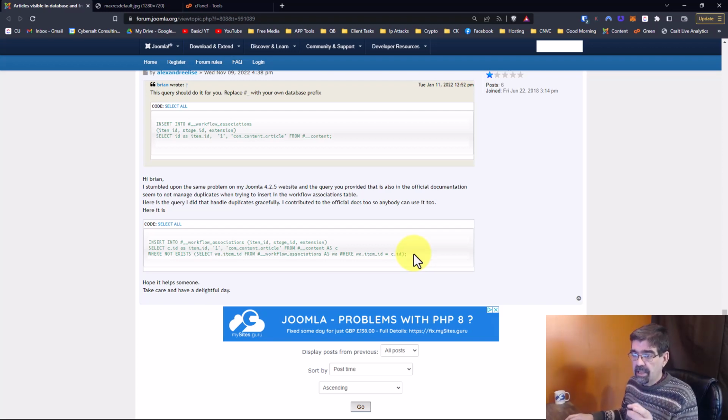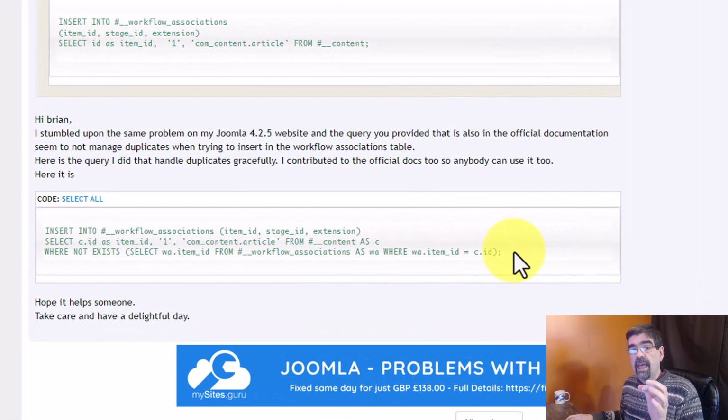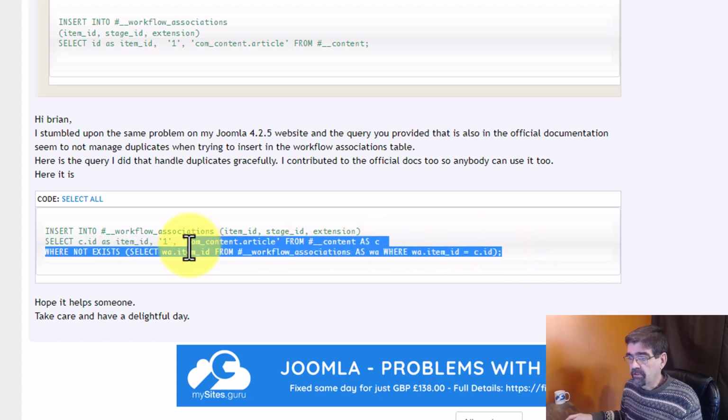Now, thanks to Brian Tiemann and then Alexander Elise, we have an SQL statement that we can run in the database that will make sure every article has an occurrence in the workflow associations table. So here's what you want to do. I'll place the link to this discussion and also to this code below. You want to copy this code,